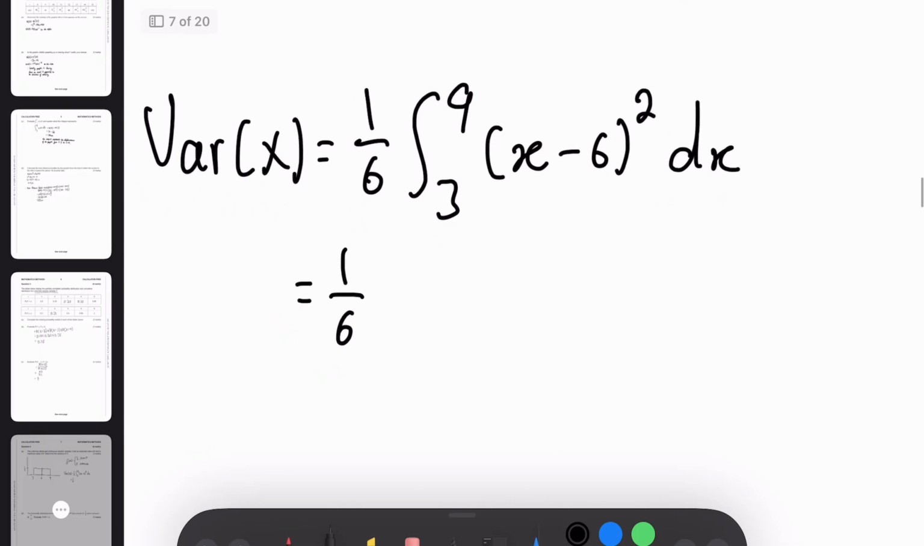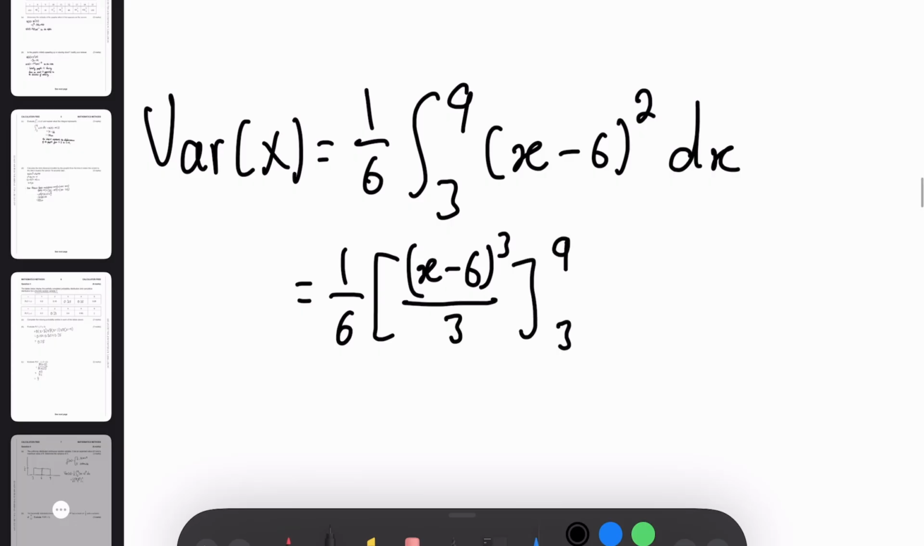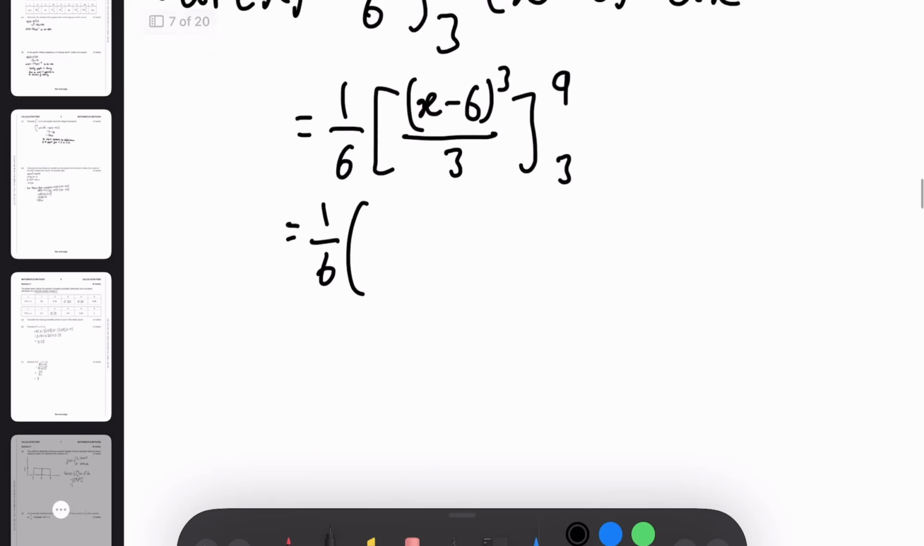Okay, and then we're also going to multiply that by the height of our rectangle here, which is going to be 1 on 6. Continuing evaluating our integral here, square bracket, we're going to have (x minus 6) to the power of 3 all over 3 from 9 to 3. It's going to be 1 on 6 times, okay, 9 minus 6 is 3, so 27 divided by 3 is going to be 9, minus 1 on 6 of, it's going to be negative 3, so negative 27, so we're actually going to plus that,